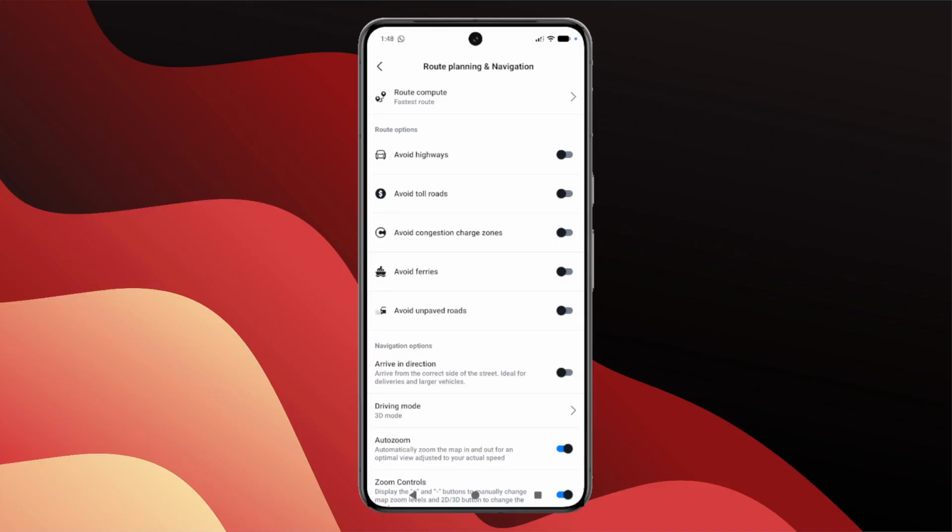Here you'll notice several toggle options that give you control over your route planning. You can see avoid highways, avoid toll roads, avoid congestion charge zones, avoid ferries, and avoid unpaved roads. Each of these options serves a specific purpose, helping you steer clear of roads or situations you'd prefer not to